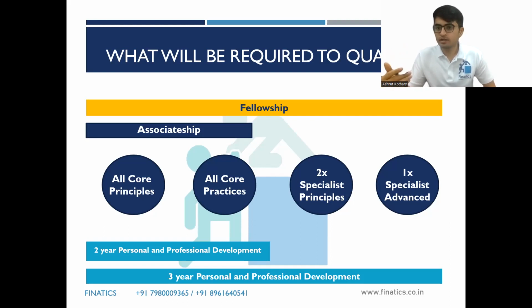One thing I would like to state is, till the time you're not an associate or fellow, maybe try avoiding terms in your social media or LinkedIn handles such as part qualified actuary or nearly qualified actuary. Technically, there are no such terms, as per my knowledge at least today, that the institute has come out with. You're a student actuary. Even if you are 40 years old, have cleared 8 or 9 papers with 20 years of work experience, technically you are still a student actuary. So I would say, either you're a student actuary, or you're an associate, or you're a fellow. Using any other term is something I would personally suggest not to use.